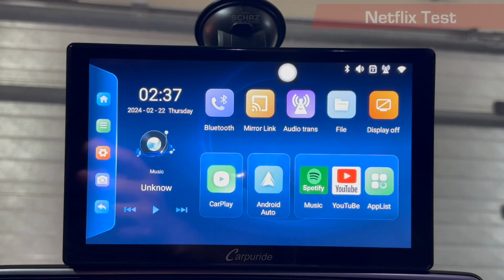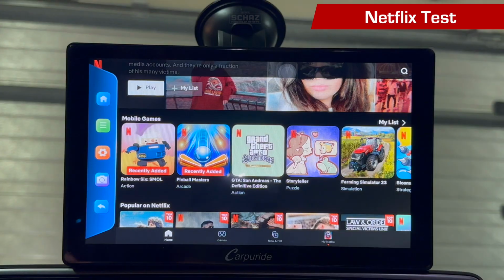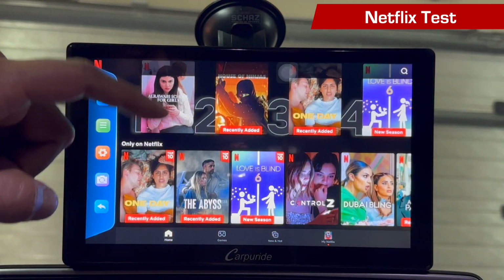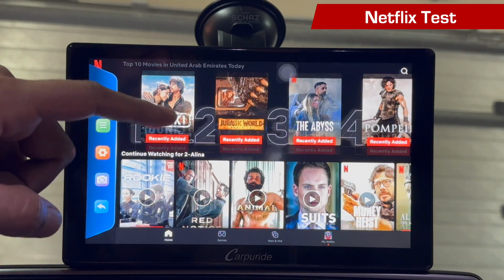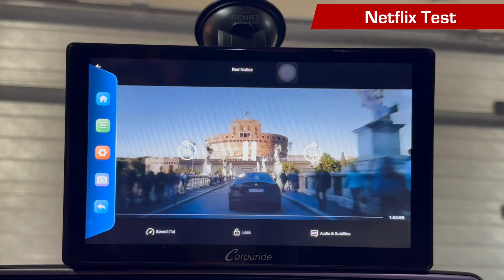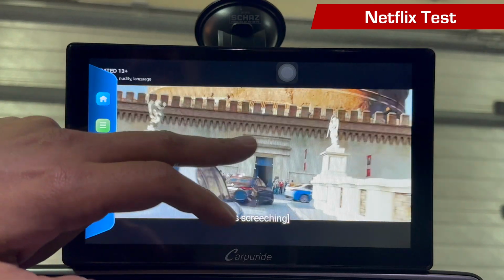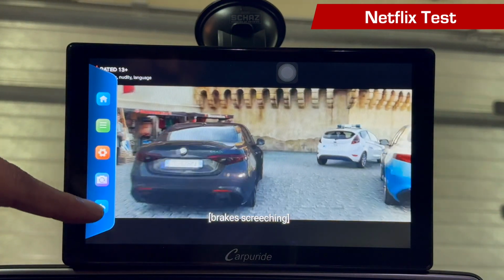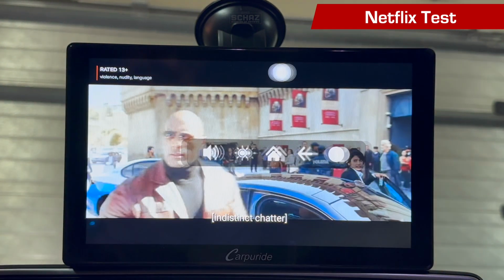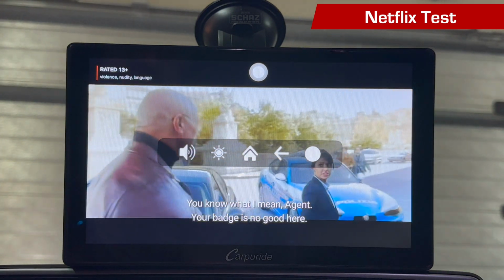Alright, so now let's test the Netflix app. I've already installed that app and I've logged in as well. Alright, so Netflix is quite quick to connect. As you can see, it looks quite nice. Now let's play one of the videos. So let's play this one here. Alright, so you can see that the full video is not coming because of this bar here, and you can simply remove this by clicking on this icon. So it will remove the sidebar and you get a full screen view